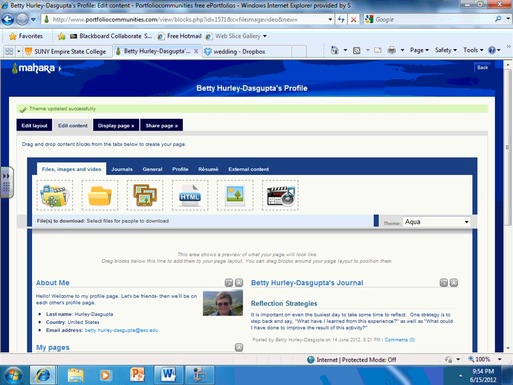So there's a place to put in files, and these are files that you may have put in earlier, and we'll talk about that in a later tutorial. You can add a whole folder. You can add a collection of images. If you have a large amount of text and you want it formatted a certain way, you may want to have it in HTML format. And so if you do, then you would add it using this, a single image or